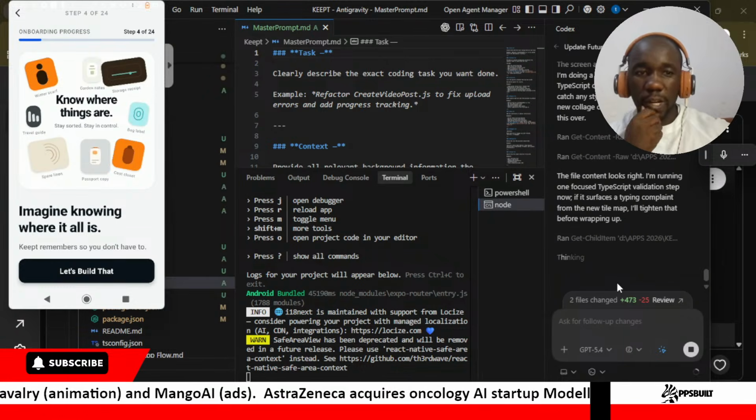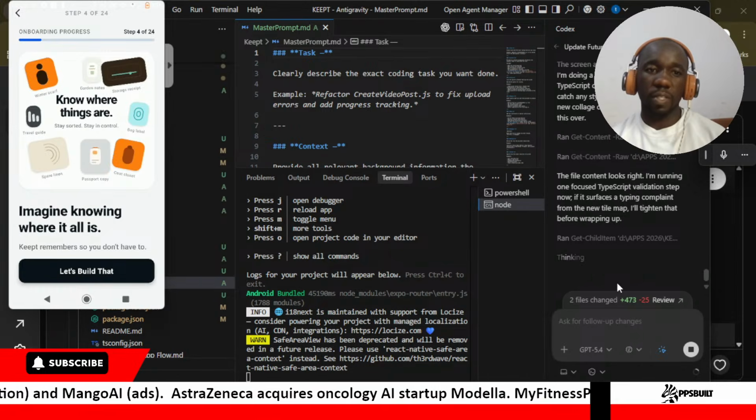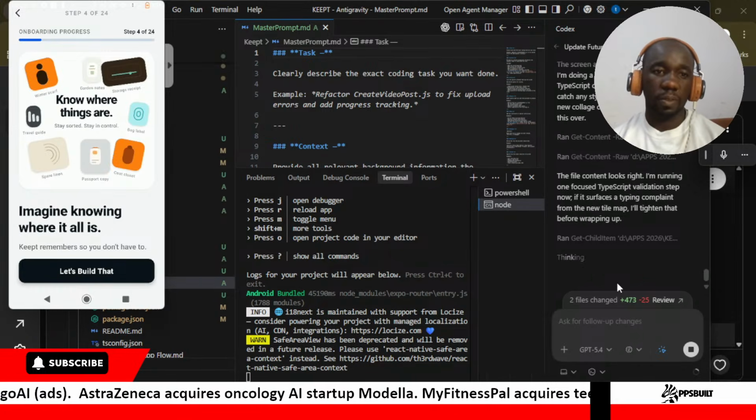This is good. I love what it has created in terms of these icons, but I believe